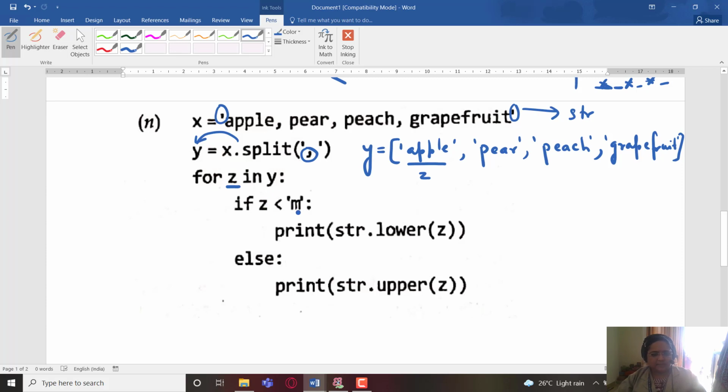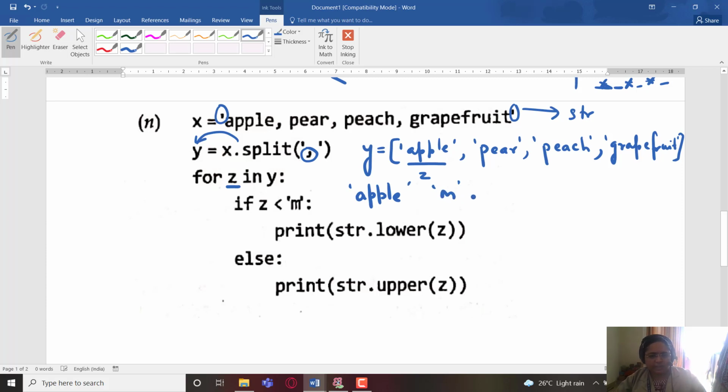So if Z is less than M, here what we have to do is a character by character comparison. Now M is small letter, small m, and apple starts with small a. And M is already there.